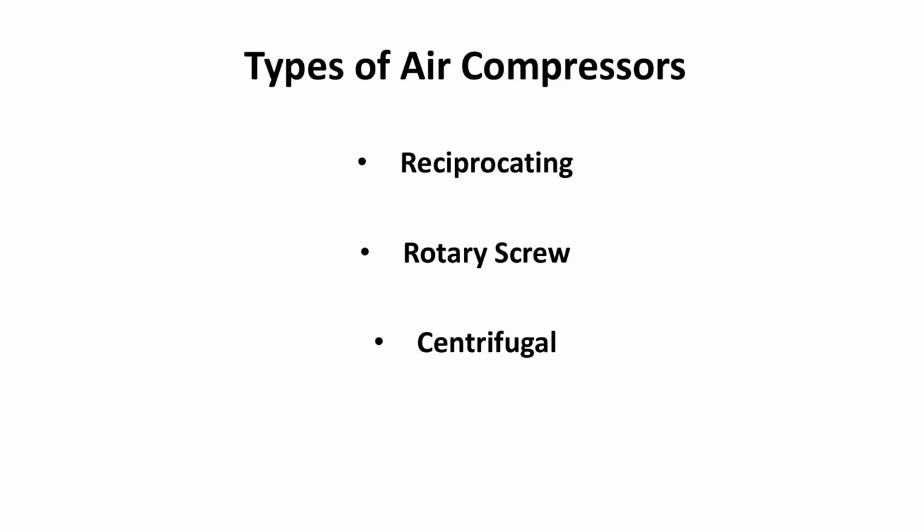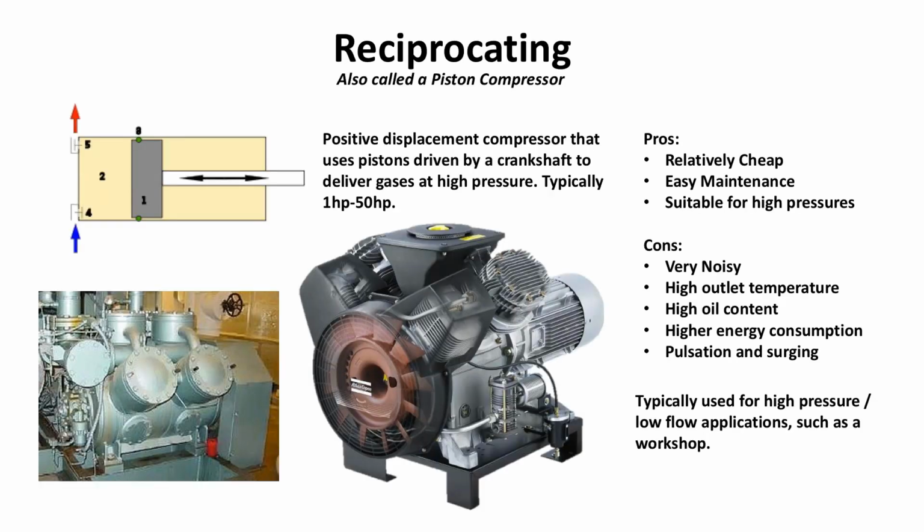Now there's 3 types of air compressors. There's a reciprocating, rotary screw, and centrifugal. These are the 3 main types of air compressors. There's still some others like teeth and scroll and some other oddballs out there, but these are the main 3 that you'll run into. Now the reciprocating air compressor, it's also called a piston air compressor, and this is basically